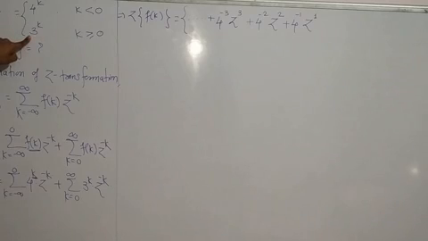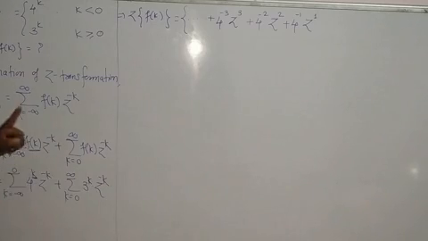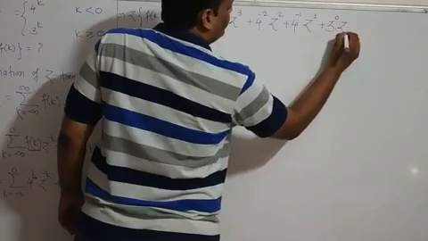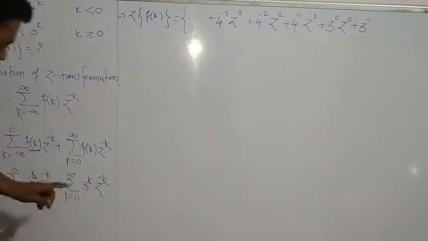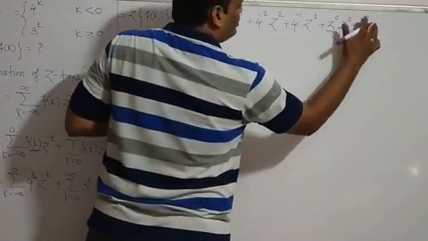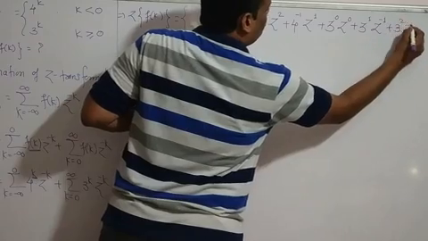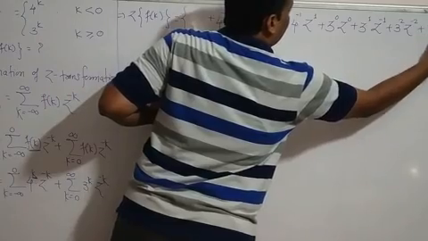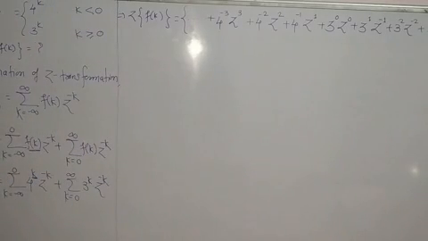Now put k is equal to 0 in 3 raised to k. Now here we are going to put k positive, so here you have plus and the power of z is minus. Now plus 3 raised to 0, z raised to 0, plus 3 raised to... sorry, we are going to put plus 1. So you have 3 raised to plus 1, then z becomes minus 1. Plus 3 raised to 2, z raised to minus 2. Plus 3 raised to 3, z raised to minus 3, and plus so on. Okay, from negative to positive.